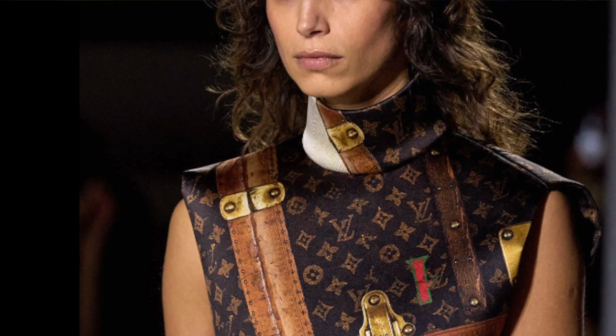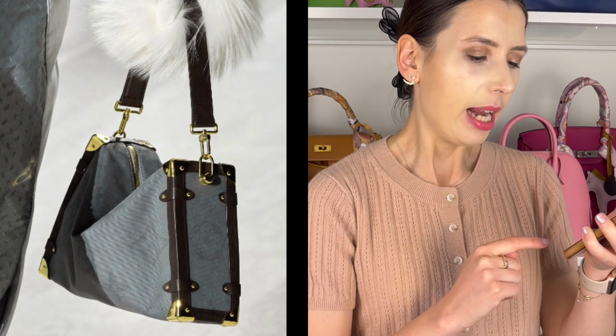What's really interesting is that they not only printed some of the bags with this rustic trunk print, but they also had a lot of the clothes with it as well. Here we've got another soft trunk bag. So there's quite a few of these in this runway show, but this one has a real, I guess, subtle